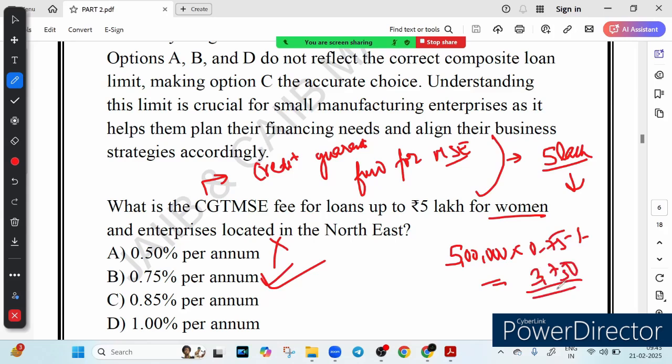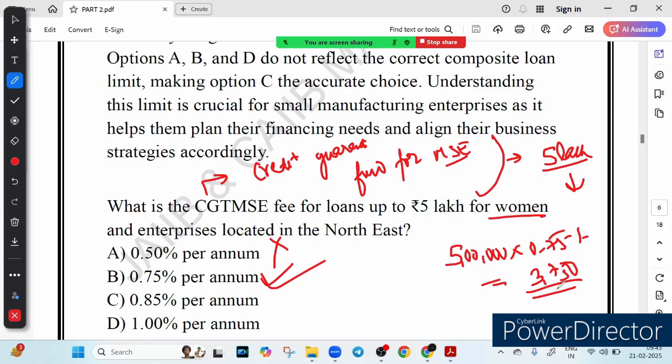Earlier what we talked about, इससे पहले भी एक क्वेश्चन था, याद है आपको? If you remember it, there was a guarantee fee, and this is the CGTMSE fee. So both are different. Guarantee fee was 0.85%, if you remember it, and here we are talking about CGTMSE fee, right, which is 0.75%. So the lower fee structure encourages banks to lend to women and business in the northeast